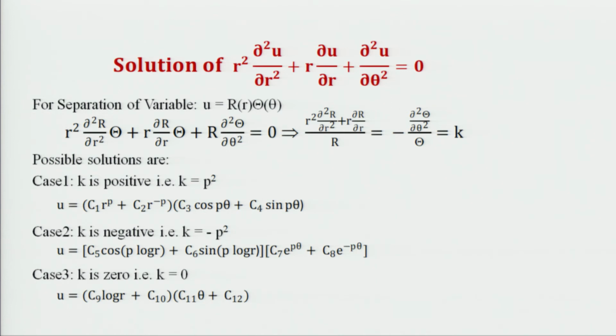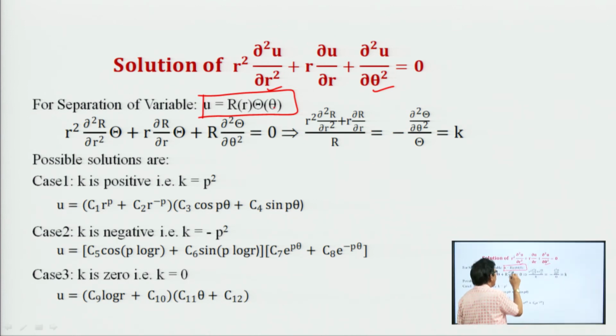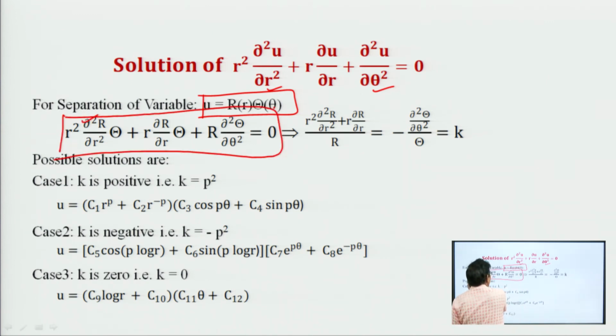What is the solution of this differential equation? To solve this particular differential equation, again by the separation of variables method. Here there are two independent variables, r and theta. So, let us consider our solution is R, which is a function of r, and small theta, a function of capital Theta. Substitute in the equation, and we get the equation in this particular form.